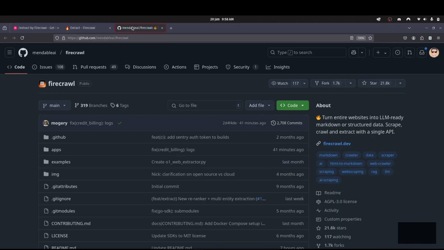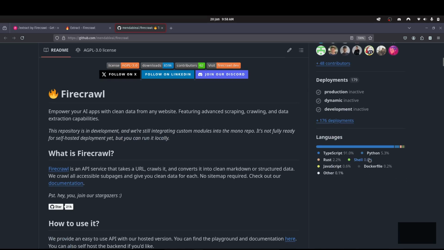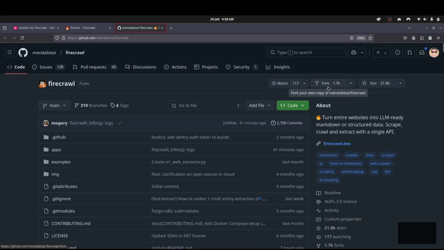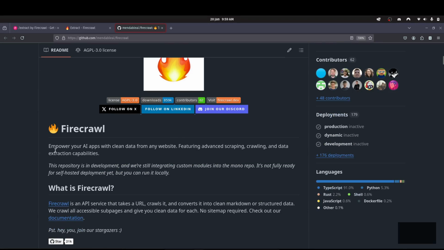The first thing I did actually was I just came to GitHub, which is what I tend to do, because the first thing I want to look at is what it's written with, and then see how many stars it's got. There's so much out there now that you want to know what other people think of something. Not that it's the be all and end all, but it's good to see how many stars something's got. Empower your AI apps with clean data from any website,